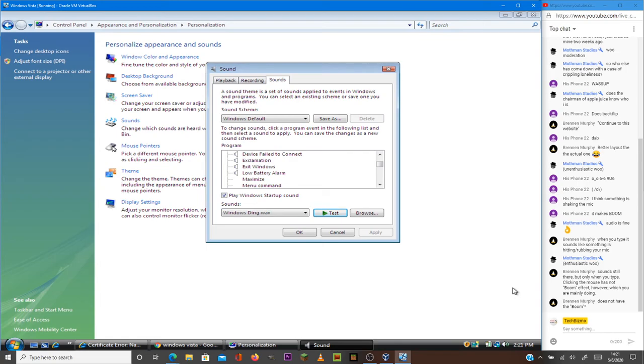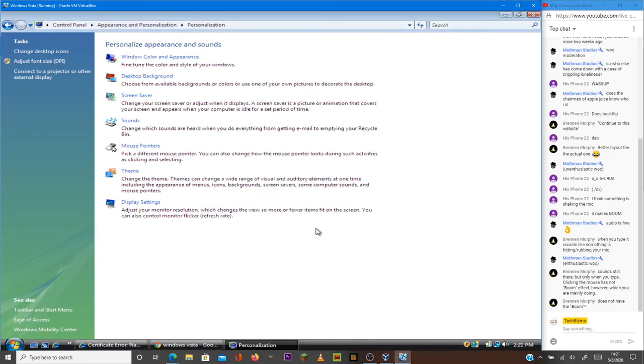Okay, Brennan says sound is still there, but only when you type. Clicking the mouse has no boom effect, however, which you are mainly doing. Okay. So I guess I'll just not type, because I actually did get a new keyboard yesterday and it's super loud. It might just be the